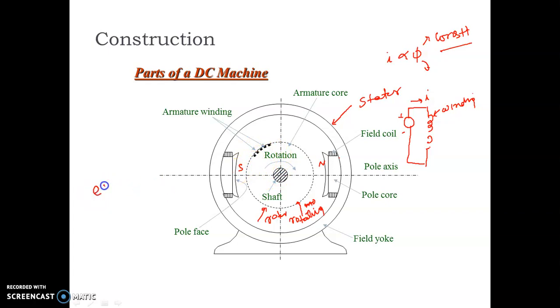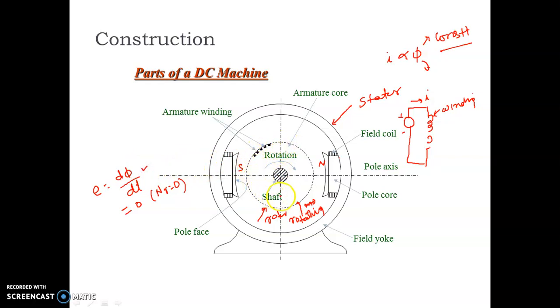You know that E equal to d phi by dt, from Faraday's law of electromagnetic induction. So this flux will link this conductor. Does it produce EMF? If the rotor is at rest, the induced EMF will be 0. I am writing here Nr, rotor speed, equal to 0. Because there is no changing flux, whatever flux is coming is DC, so constant flux. There is no change in flux, so the induced EMF will be 0.